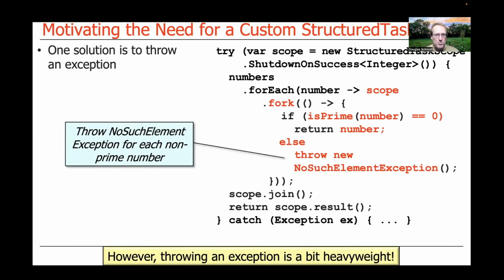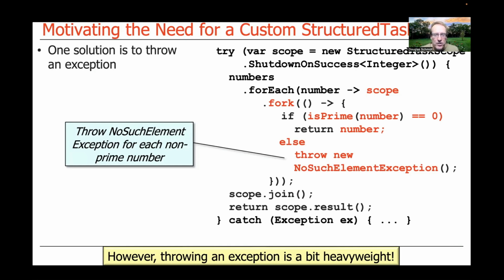It'll keep going until it finds a prime number or until it runs out of things to consider. So what will happen here is when we're all done with these things, either we found the first prime number, in which case we call the result method and it returns it, or we did not find anything, nothing returned. And so in that case, we're going to get basically another type of exception. So we're going to have to put an exception handling block here to handle the case where no prime numbers were found at all. So you can use shutdown on success for situations like this, but for my money, that